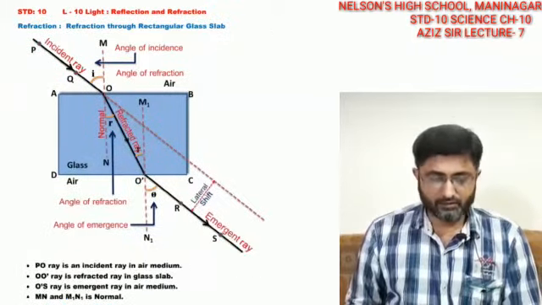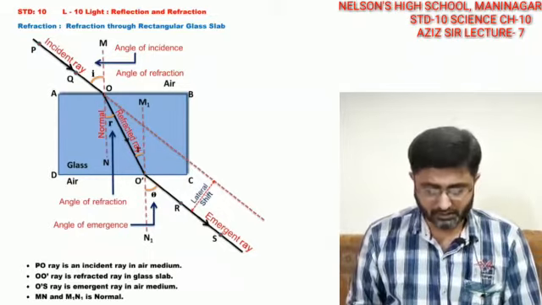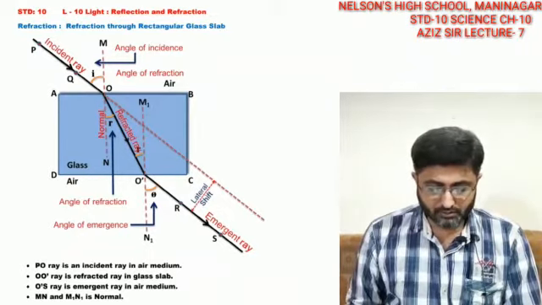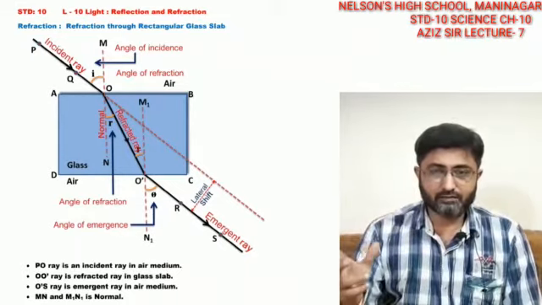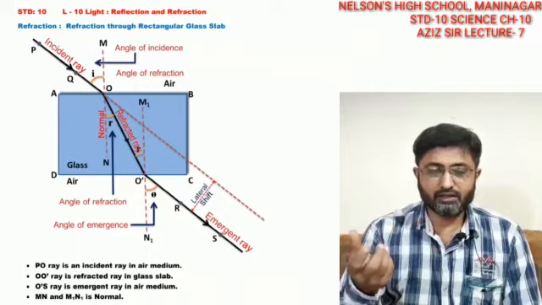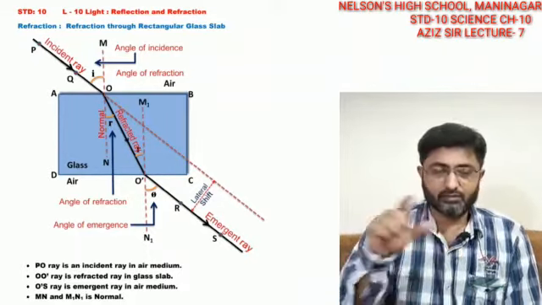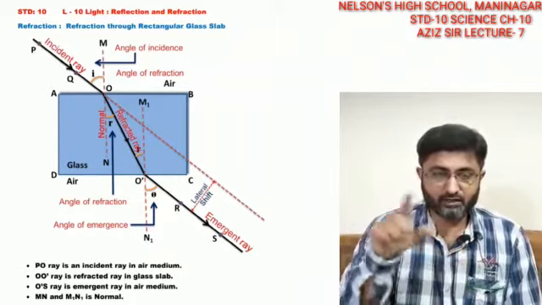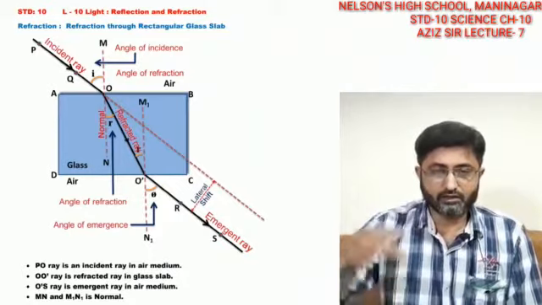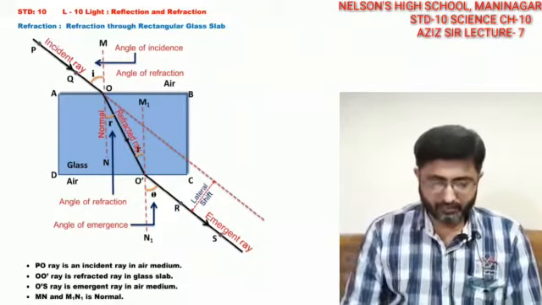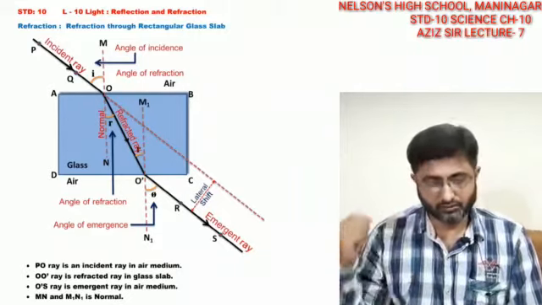The next topic that we are going to take here is refraction through a rectangular glass slab. Now the image in front of your screen is a rectangular glass slab. A rectangular glass slab can be any ordinary piece of glass which is well polished. It should obviously be rectangular and have some height, and you can keep it and pass a ray through it, and the ray passes through the glass and comes out.